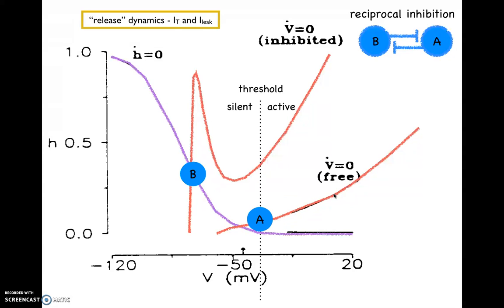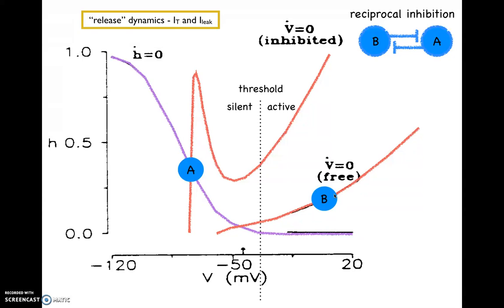until it reaches the synaptic threshold, and at this point A is no longer active and B must move to the free nullcline, and it does so like this. Okay, now at this point B is now active, and so A has to move onto the inhibited nullcline. And now as time goes on, A will drift upwards and B will drift down the free voltage nullcline like this. And at this point, the roles of neurons A and B have switched, and so